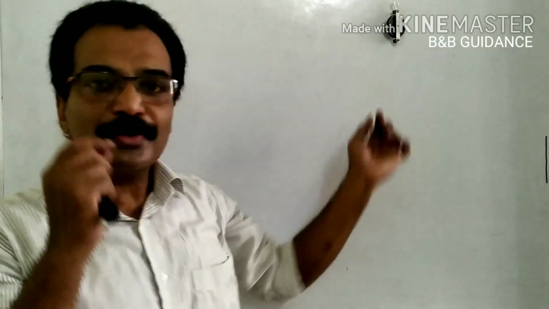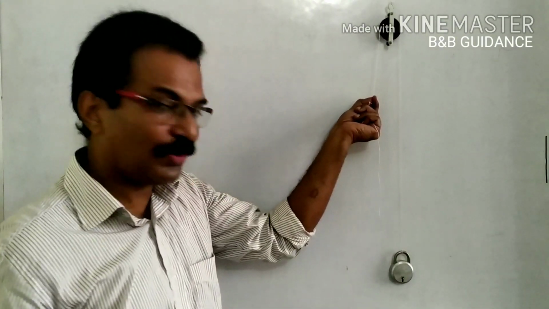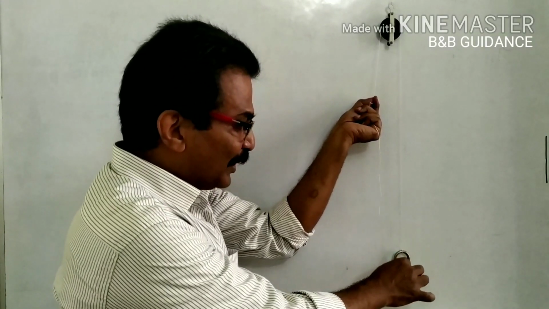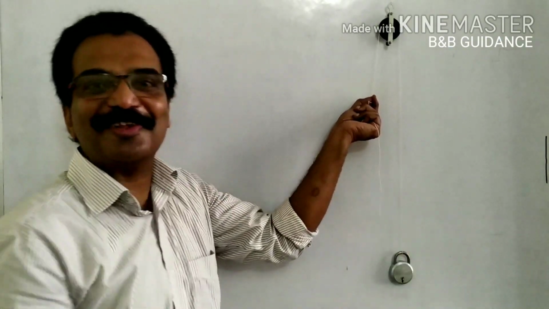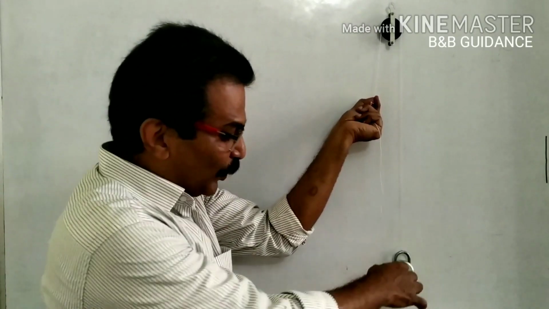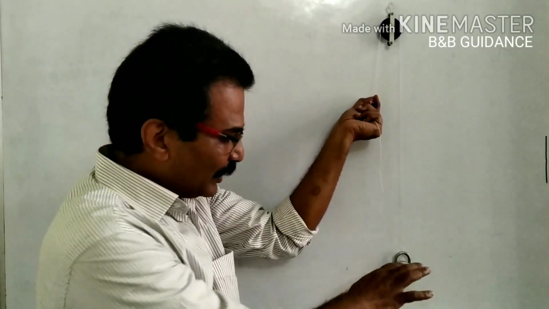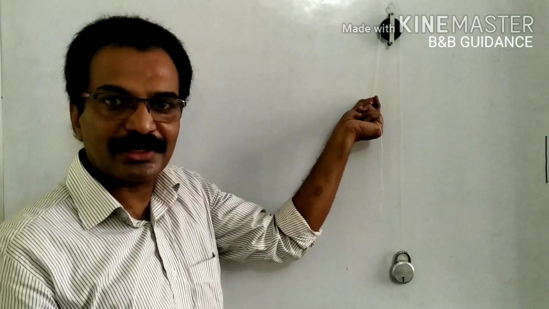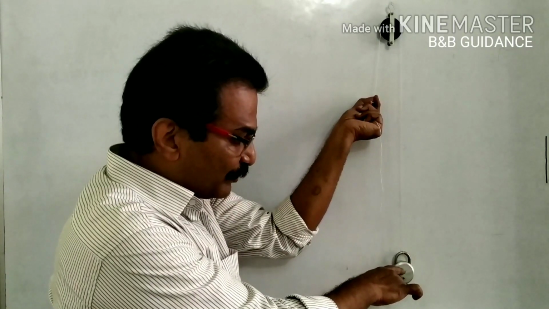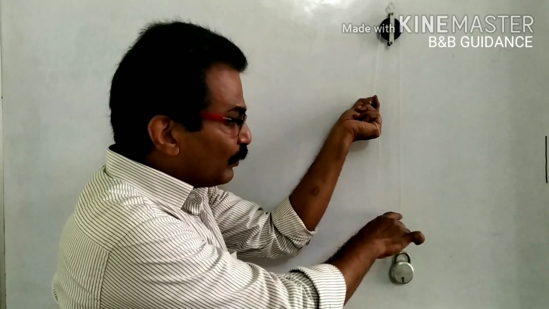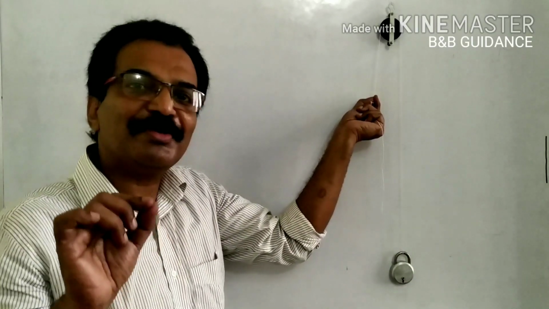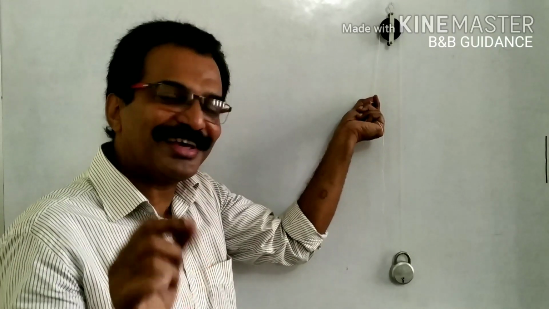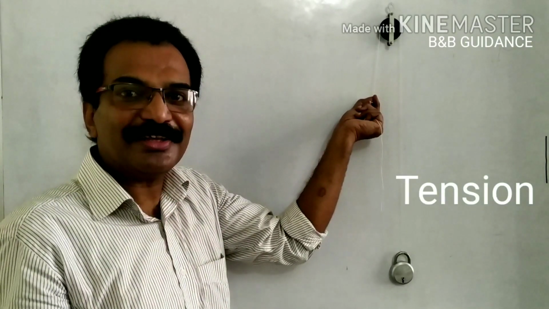You might have seen a pulley used in this way, especially when we draw water from a well. I have to raise this load. You know that here the load is equal to the weight of this block, that is, the load is acting vertically downward. When the load is not moving and the pulley is not rotating, please understand, the weight of this block is balanced by one upward force. What name is given to that force? Tension. Yes, tension developed in the string.